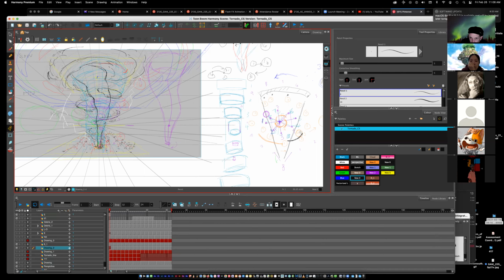Drawing number 2 would be here. Drawing number 3 would be here. 4, 5, 6, 7, and 8. And if I elongate them just a little bit, they would overlap each other. And so what this does is it shows me that drawings 1, 2, 3, 4, 5, 6, 7, and 8,